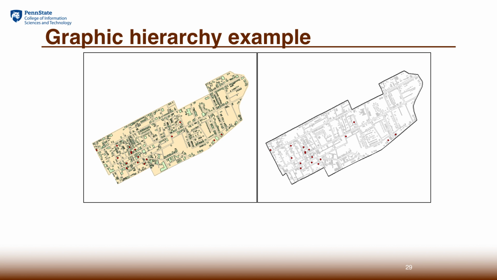The map on the left, basically, has no graphical hierarchy. Everything is of similar importance. The map on the right shows a more carefully designed graphical hierarchy, and the points seem to be on the figure, and all the other residential or building data are in the ground. There are no heavy boundaries for those buildings' footprints. The color for the filling is light gray. So the concept shows pretty well.